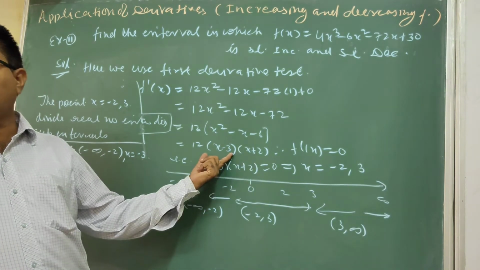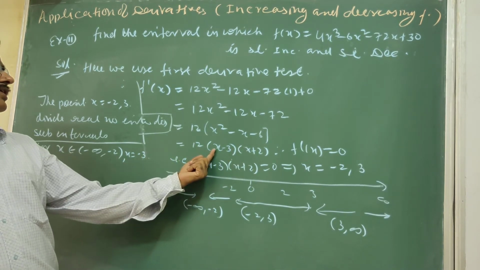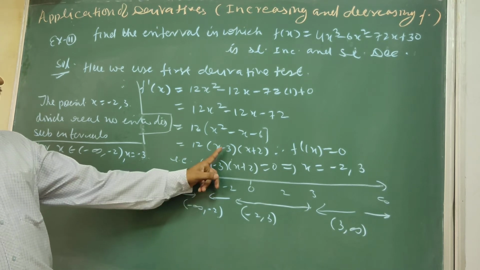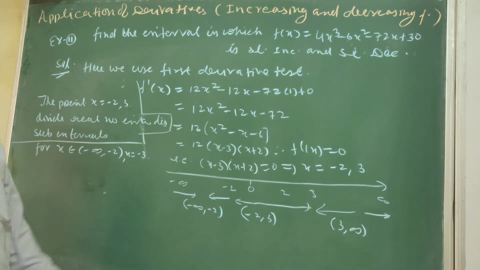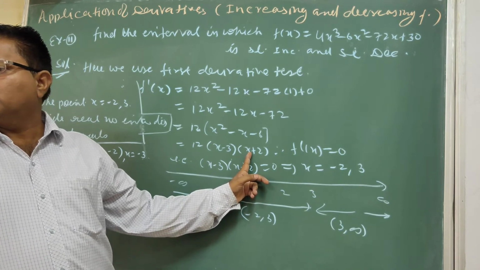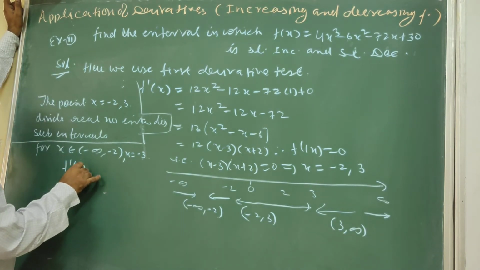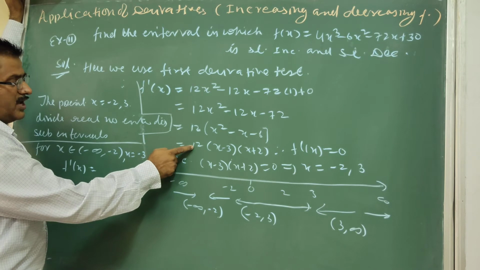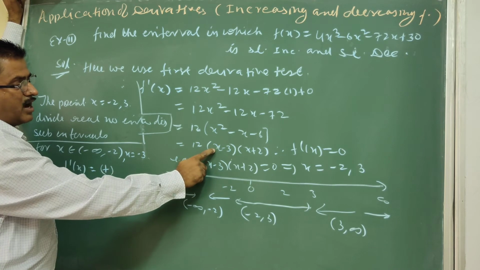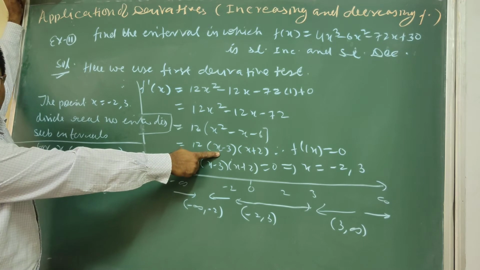So 0 is already positive, or if you get confused, you can take another value like x equal to -4. If you take x equal to -4, then -4 -3 is minus, and -4 -2 is minus. Correct? So minus and minus is positive. So f dash x, when you put either -3 or plus, this is already positive. If you put -4 -3, that is -7. We take only the sign. Correct?